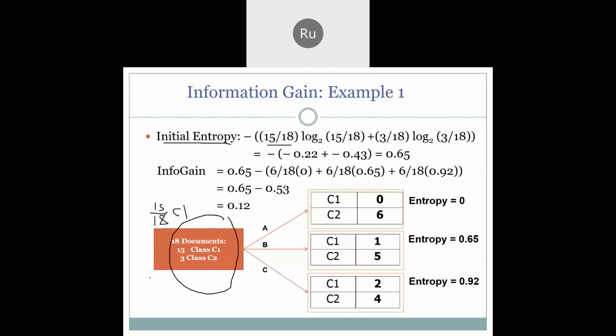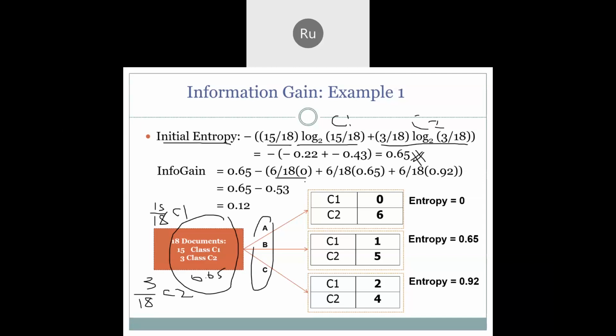And also we have 3 over 18, so this is for class 2. So we compute the entropy before splitting, and it will be 0.65. Okay, so once we split them into three subsets based on keywords A, B, C,